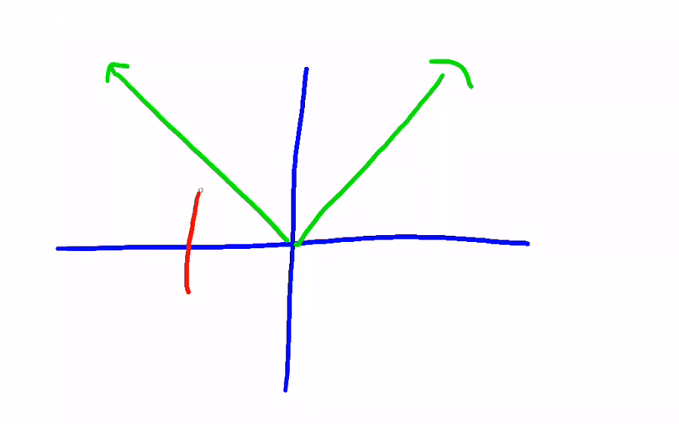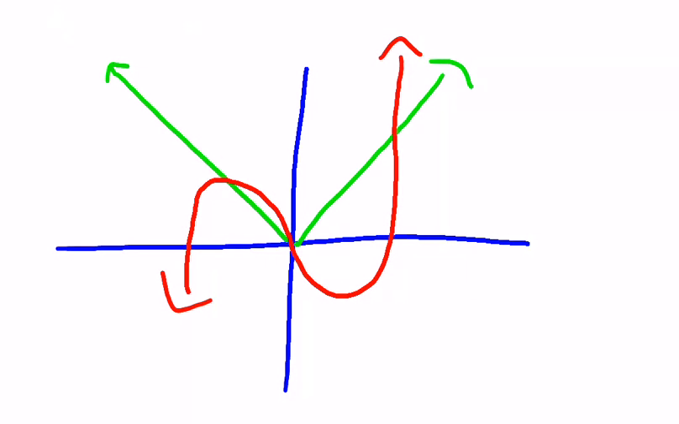Alright, next one is a graph. So this is a graph of a system, and then it asks what are the solutions to the system. So the solutions to the system are these points here,